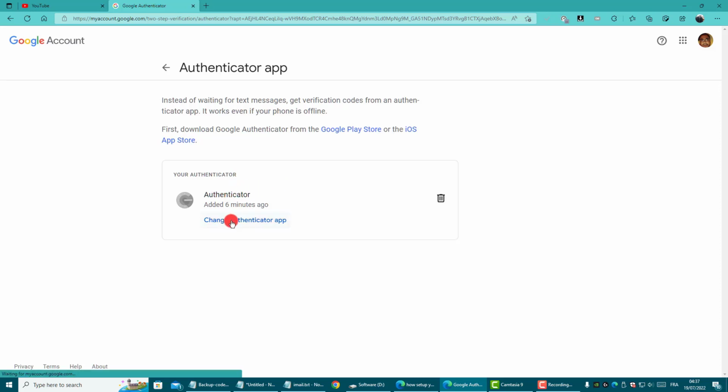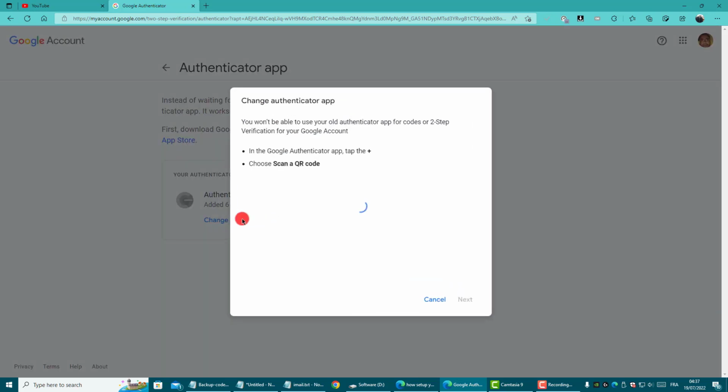and click authentication application. Yes, change authentication application. Yes, change the QR code and click your phone, open your phone and open the authentication app that you downloaded from Google Play